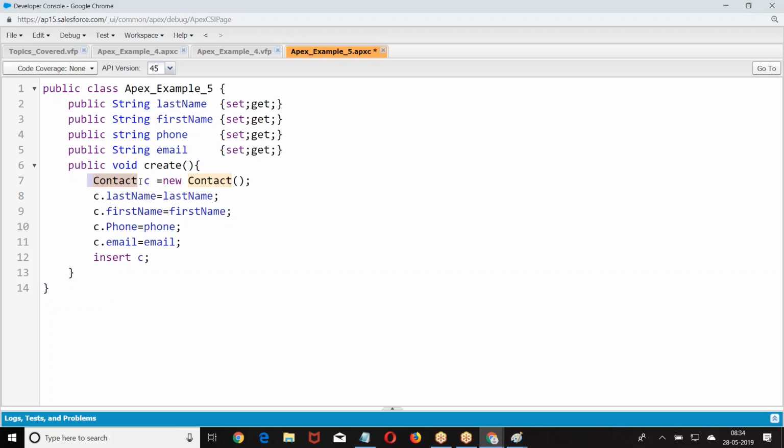If I don't write insert, data will not be inserted into the database. When I write insert, data is saved to the database. Are you getting my point here? Right. Now, if I want to give a success message or an error message, what should happen? I should know whether it is a success or an error. If the DML fails, when insertion fails, it throws an exception. Which exception? A system generated message will come, DML exception.